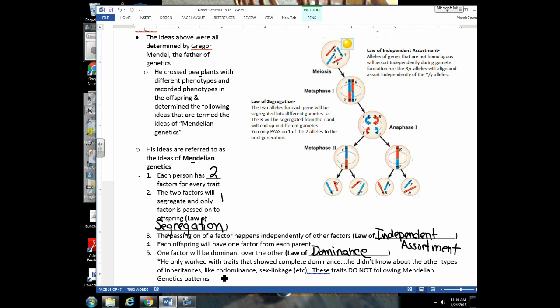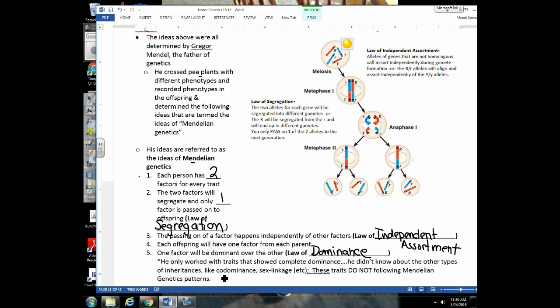So since he was working with pea plants, and a lot of those traits are very simple and just determined by alleles that show complete dominance, he didn't see other types of inheritance in the traits. He didn't see things like incomplete dominance or codominance. And if he had seen those, then it probably would have really thrown him off. So it was kind of luck, I guess, that he picked pea plants to do these genetic experiments with, because they show very simple inheritance patterns, like inheritance patterns that are